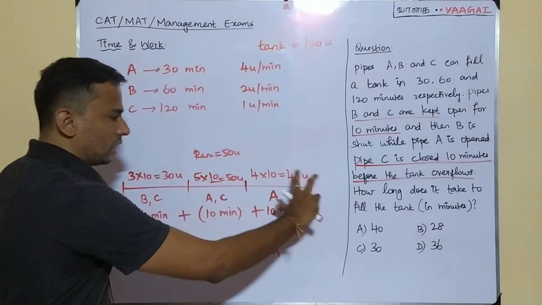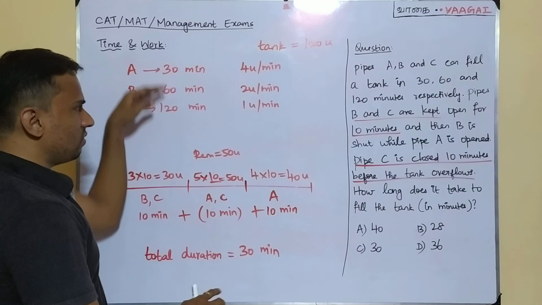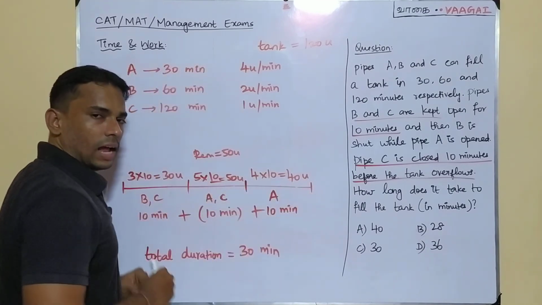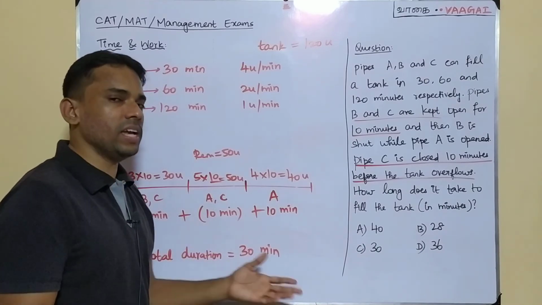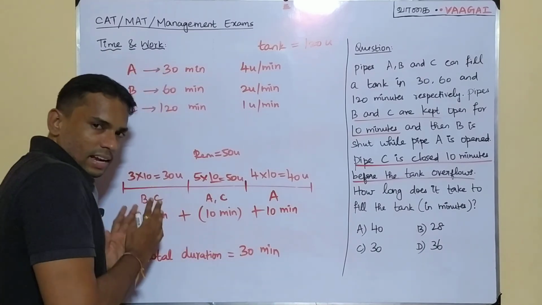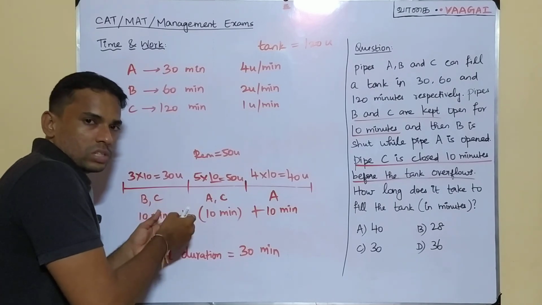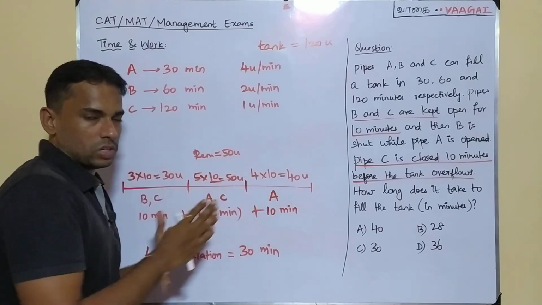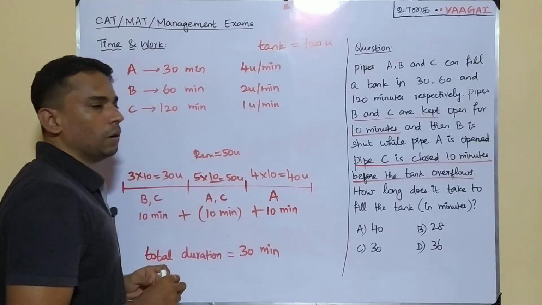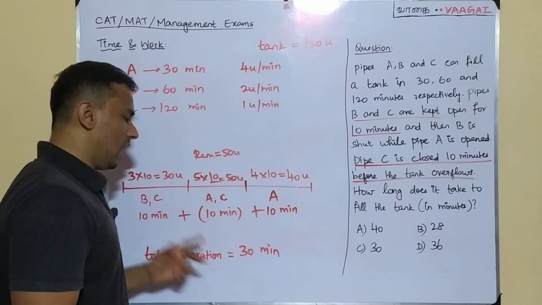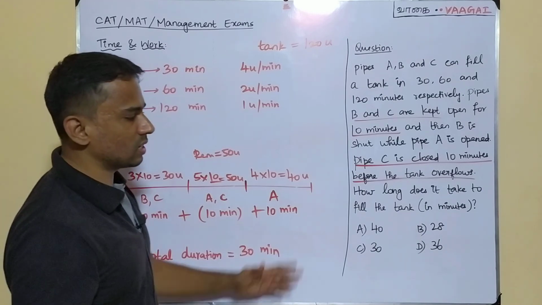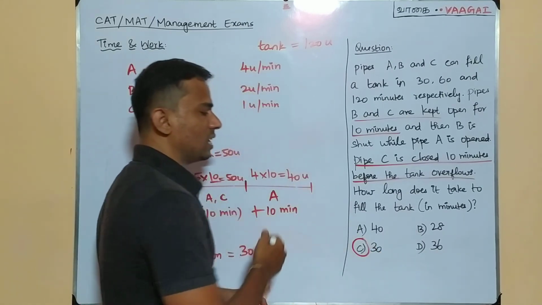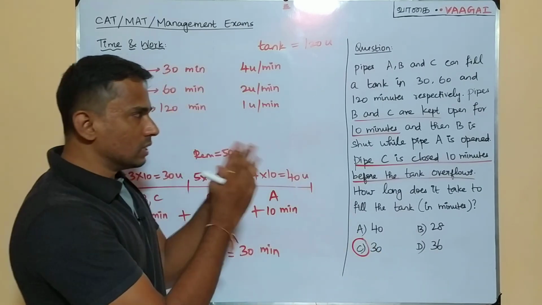I hope you are able to understand this model, okay. So once we are ready with the efficiencies, we can easily prepare a chart like this, and this will efficiently help you to get the answer. Very easily you can get the answer, okay. So we can clearly see which part, who are all active, how many units are filled. Everything you can easily visualize, and we are getting the answer as 30 minutes. So the answer is 30 minutes for this question. And here option C, we have our answer. Option C, 30 minutes is going to be the answer.